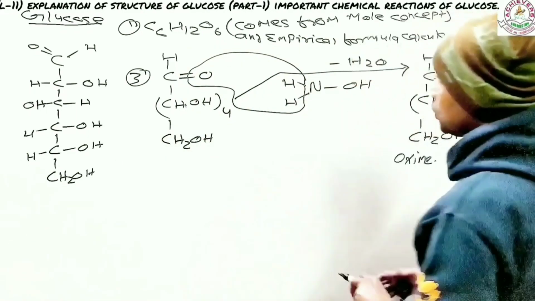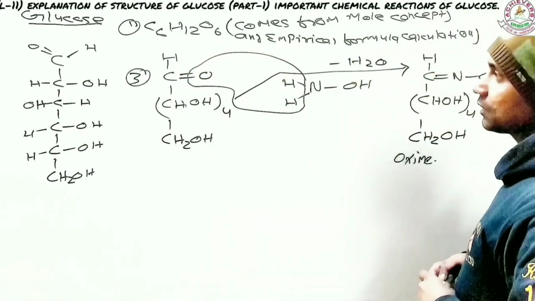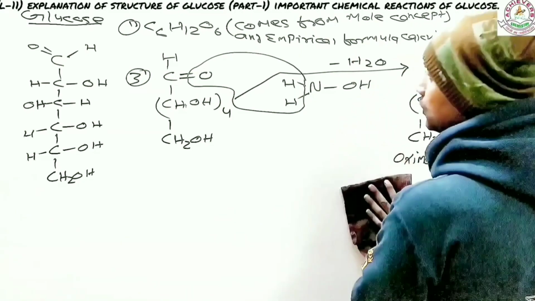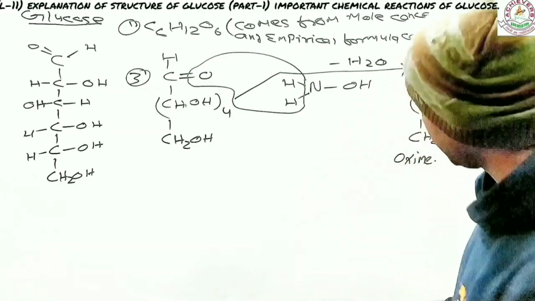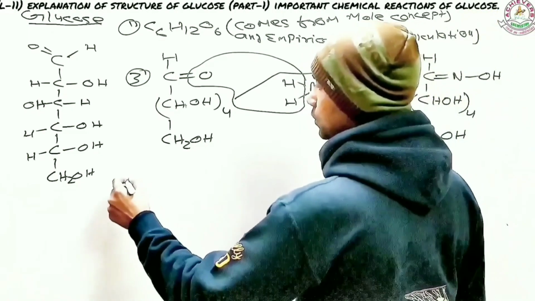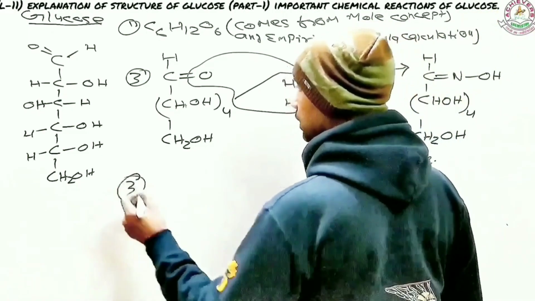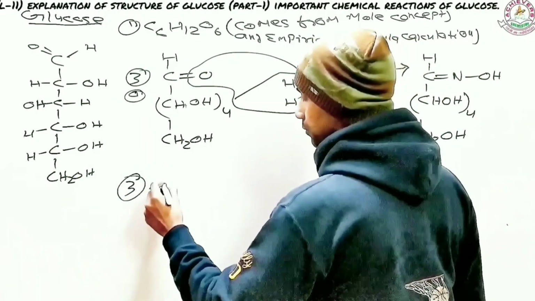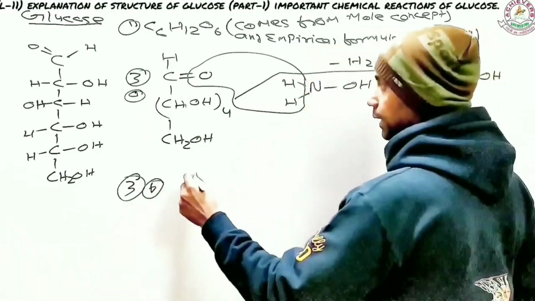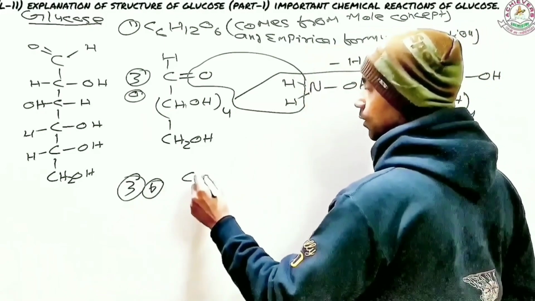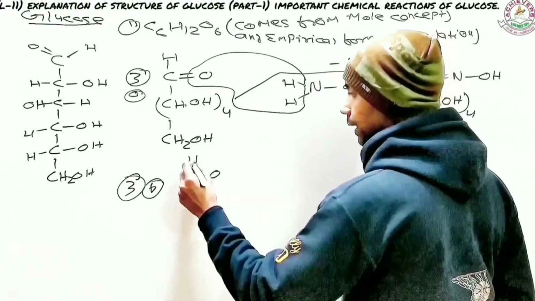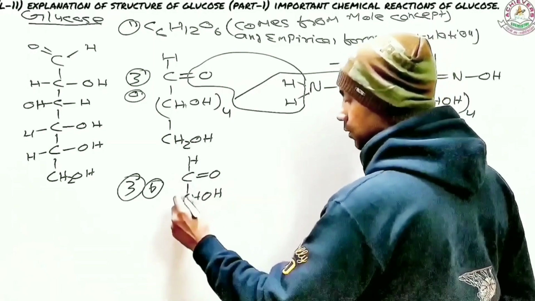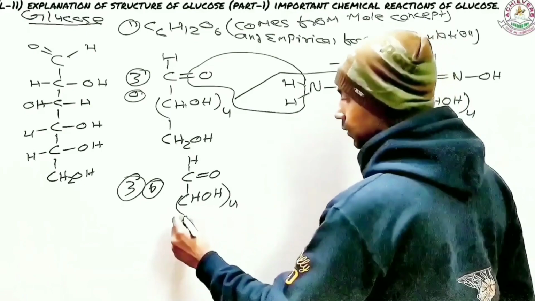Now, I have to do one more reaction, and that reaction is also going to be for the same purpose. I'm putting it right here, I have enough space left. So this is also the third one. This is like A, and this is going to be the B part here. Now, I'm taking again this aldehyde. This is your aldehyde, and you have then CHOH whole 4, and finally you have